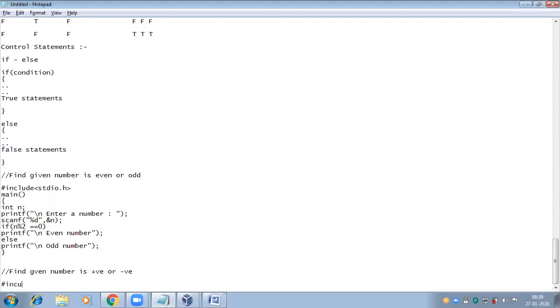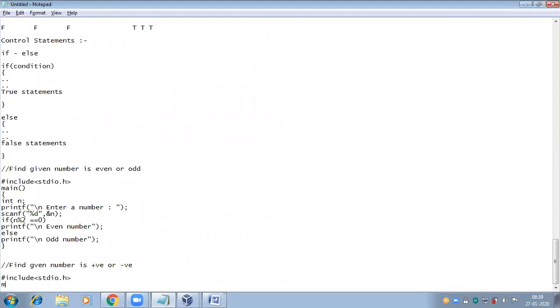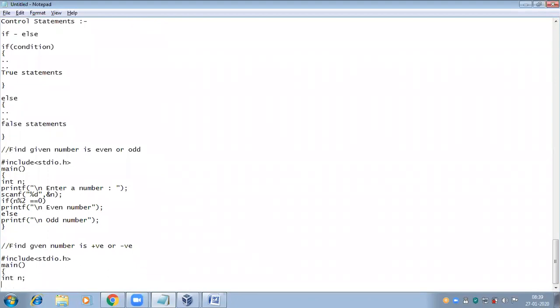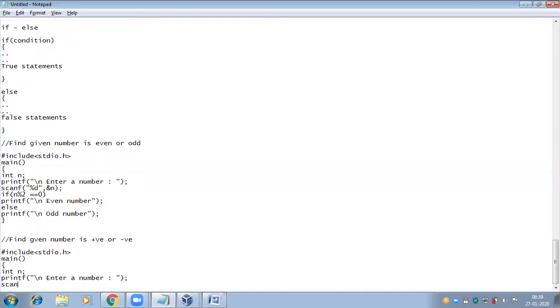The same way, find whether the given number is positive or negative. Here also we require only one variable in main. So int n, printf enter a number, then scanf %d, address of n.